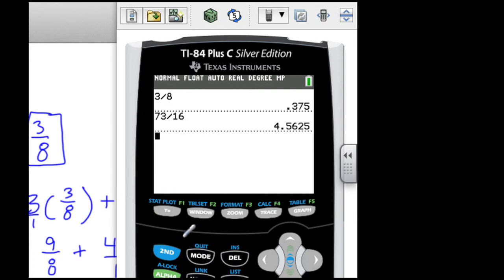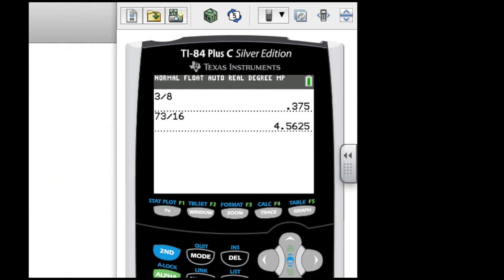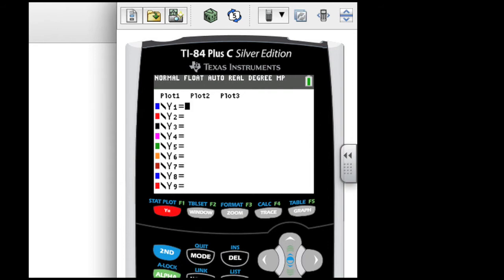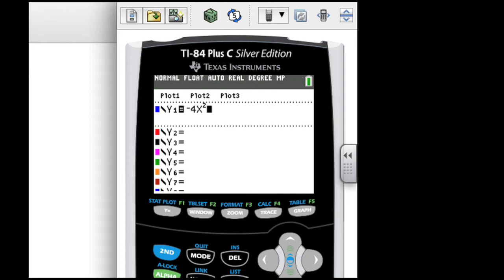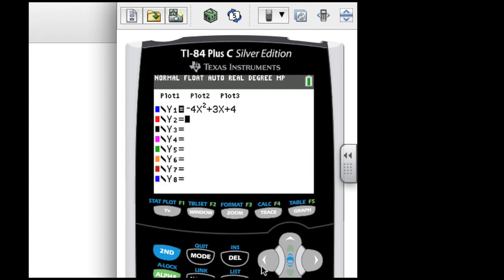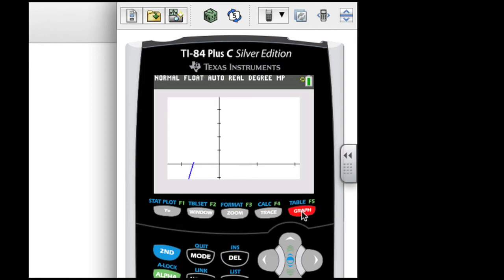So now let's go ahead and use the calculator's graphing functions to verify that this is the right answer. So the first thing I want to do is go to my y equals, and I want to input this particular function. So it's negative 4x to the second plus 3x plus 4. And then I want to press the graph button to graph this particular function. I've already zoomed in so that we get one of the best possible pictures of this particular graph. And now I want to go to my second function and press trace to get to the calcs.